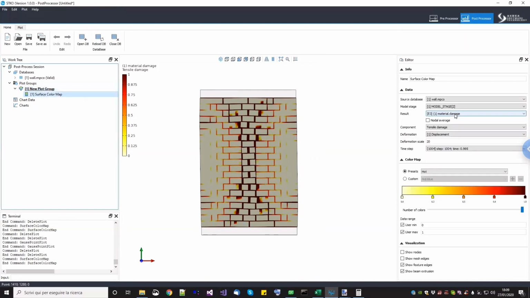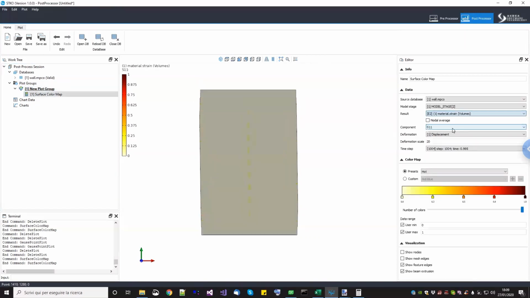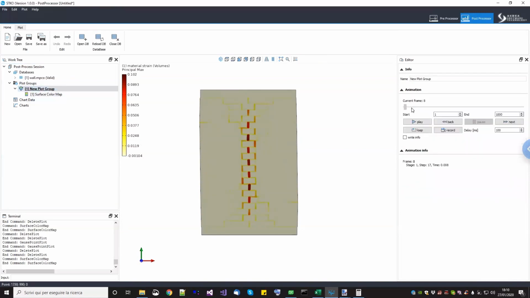For example, the maximum tensile strength. So you can go under here, principal max, and let's say, now, don't put a limit to this one, okay? Let's see what happens. So you see, in this case, you see a crack, the opening of the crack actually,